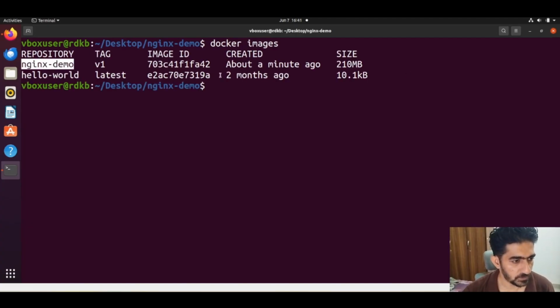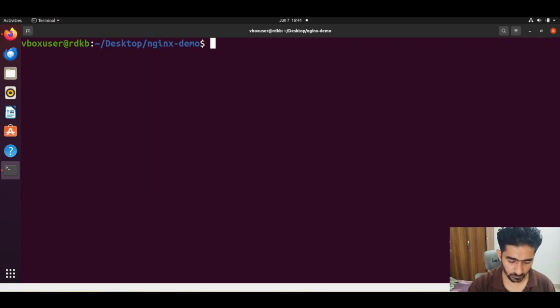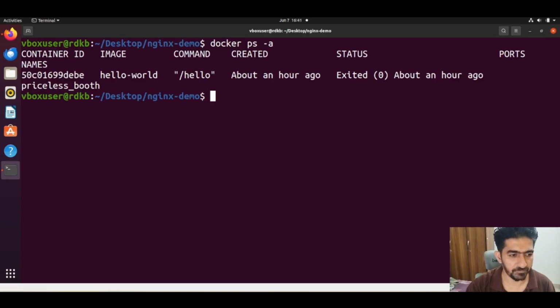Now I will go directly to docker images and check our image, that is nginx demo. So the image is created now. Now we have our custom image there. Now it's of size 210 and the image ID is there. And now if we see docker ps -a,